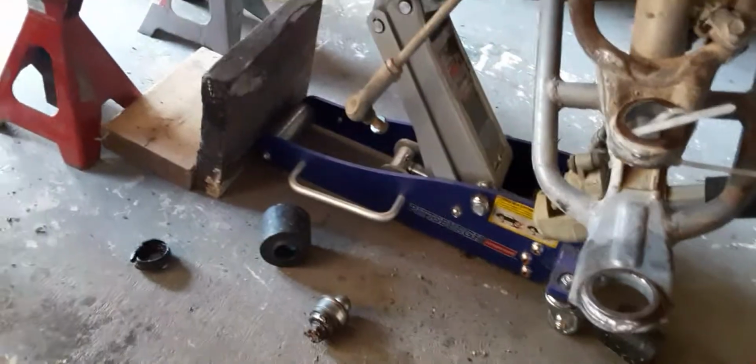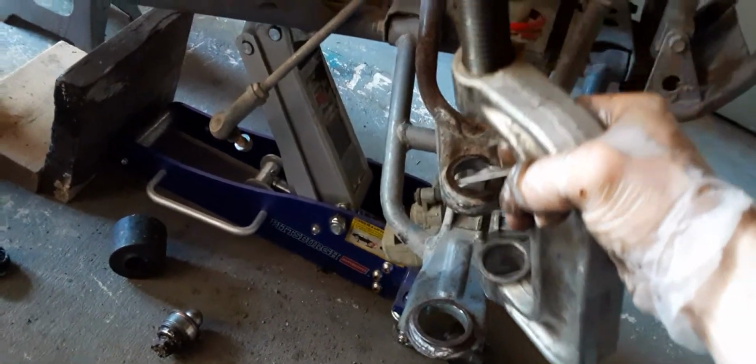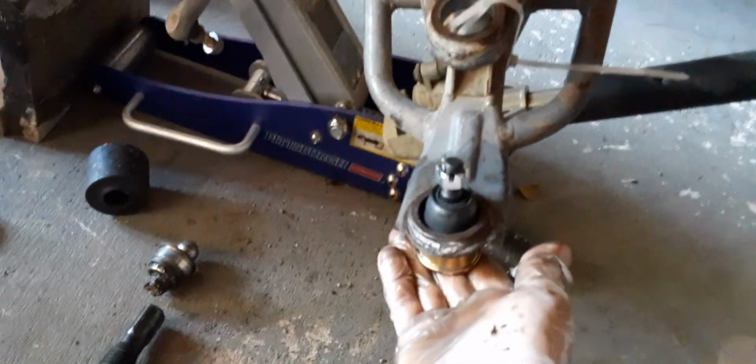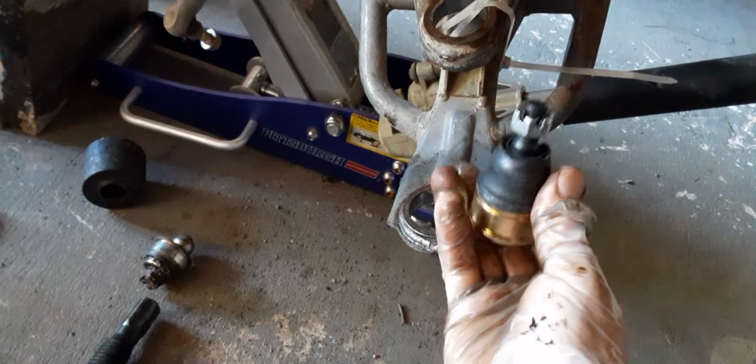So in this one, you'd be applying the pressure down, and it pops right out. And this one, you apply it like this with the pressure, and it pops it the opposite way. So now we got the brand new ball joint. This one's going to be pushed in up this way,